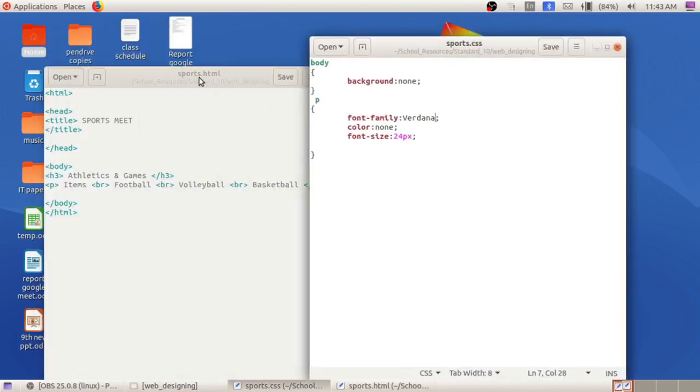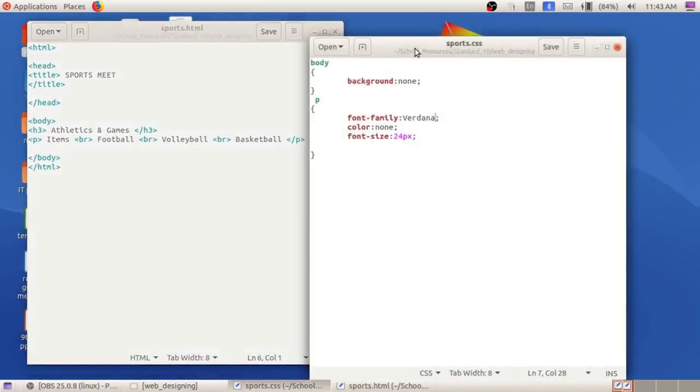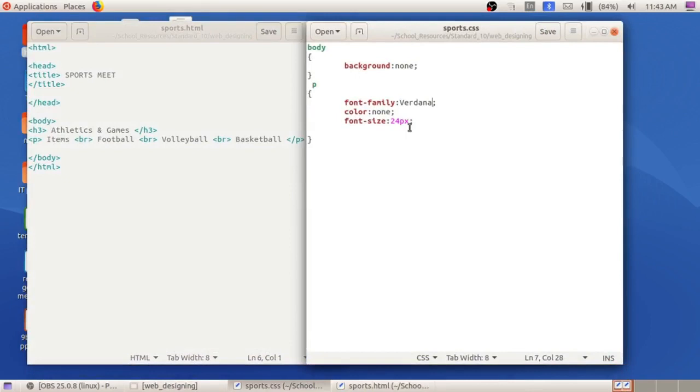See the question, new question, they have given that change the background color, and they have provided one color code. So here type that color code DC. It is a color code. Then next give font size 24 pixels, that is already given here.